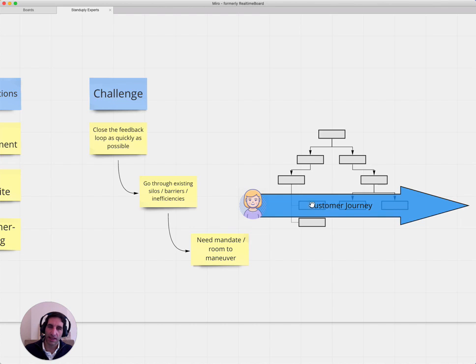The challenge would be that they are like a little seed in a pot that is probably, subconsciously or unintentionally, set up against their incentives. They might have, let's say, HR practices that don't foster collaboration, their bonus policies. I mean, there's an array of things that have probably grown that you have to break through to close this feedback loop as soon as possible.